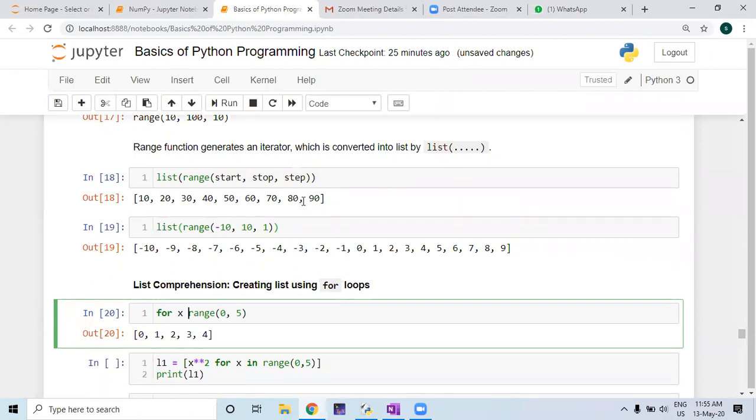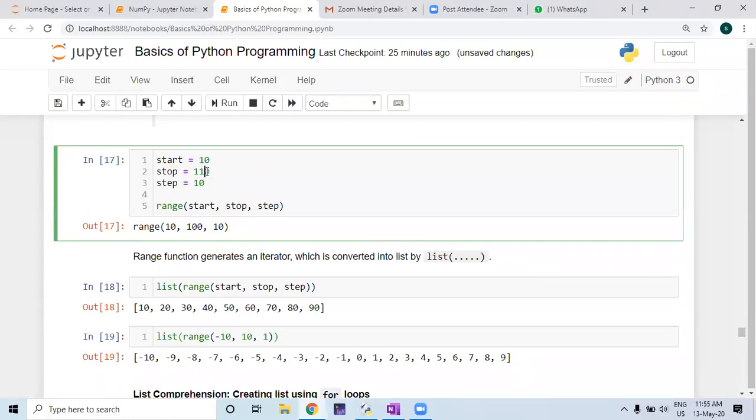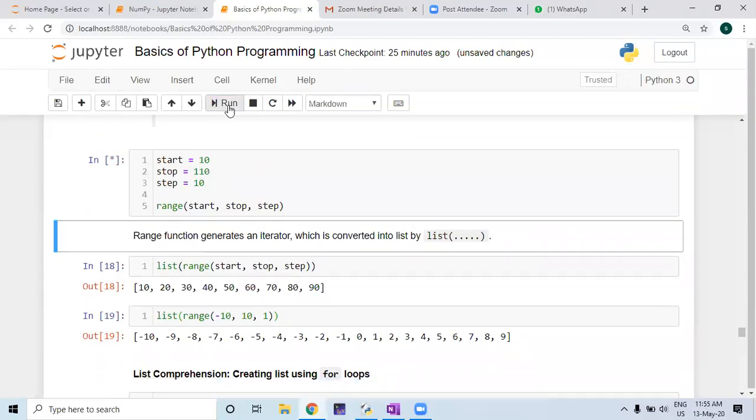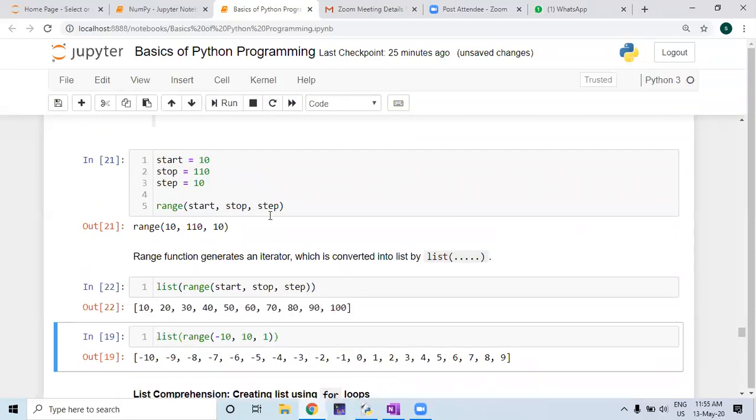If you want to take, suppose, up to 100, then you make a little modification here. You take 110. Yes, 100 is coming. So you have to manipulate that way, because you have to keep in mind the last element will not be taken.